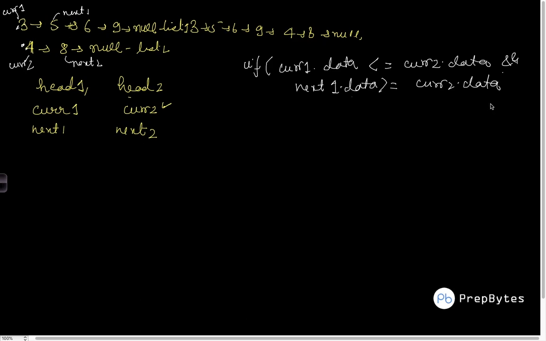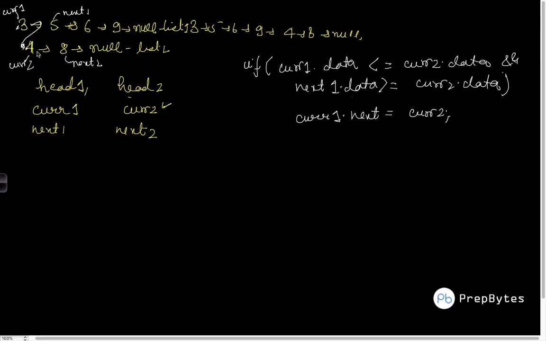So if this happens, what we have to do is put 4 in between 3 and 5. So how will we do that? What are the operations that we have to do? We have to first change the next of 3 to 4, right? So what we will do is cur1 dot next is equal to cur2. As I said, before you make any change in the links of a list, make sure you're not losing your access to any particular node. In this case we are not losing access to 5 because we already have a next pointer that is pointing to 5.